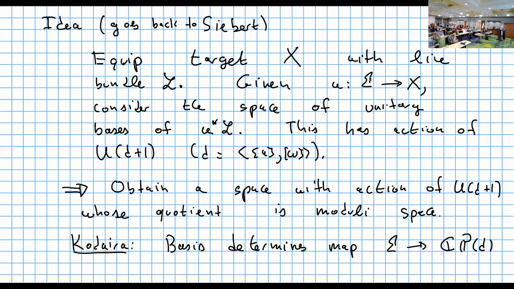What I mean by you can cheat is you can reverse the entire procedure and just say, I'm never going to look at abstract curves. I'm only going to look at curves that already have a mapping to projective space, because I have a bijective correspondence between curves in projective space and abstract curves together with a line bundle of degree D and a choice of basis of H0 of this line bundle,